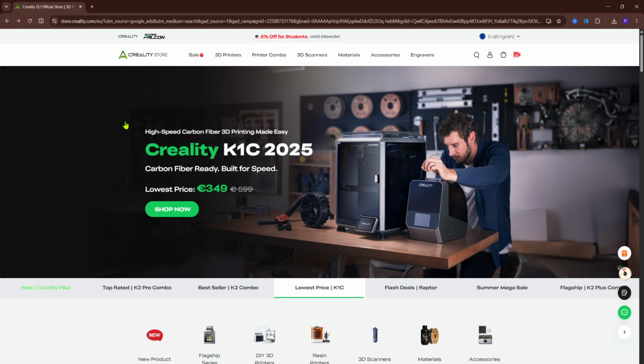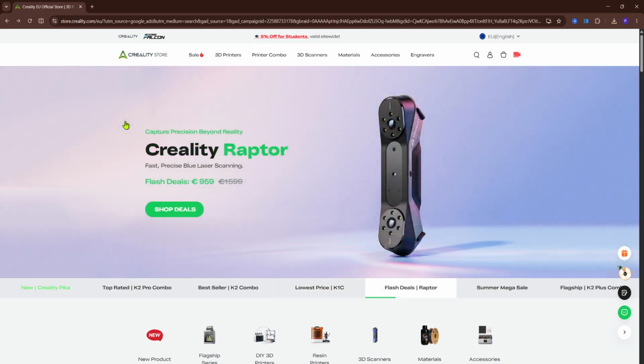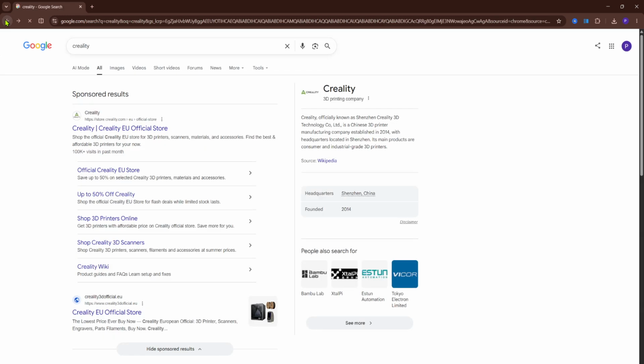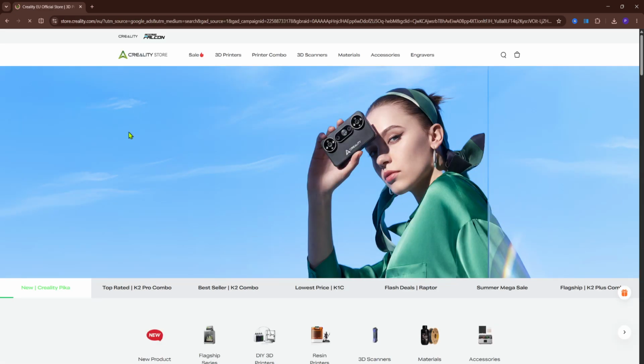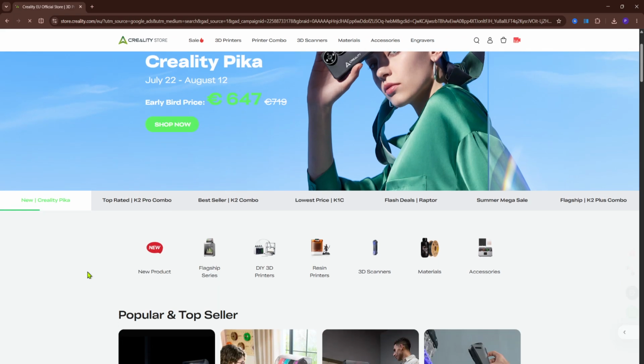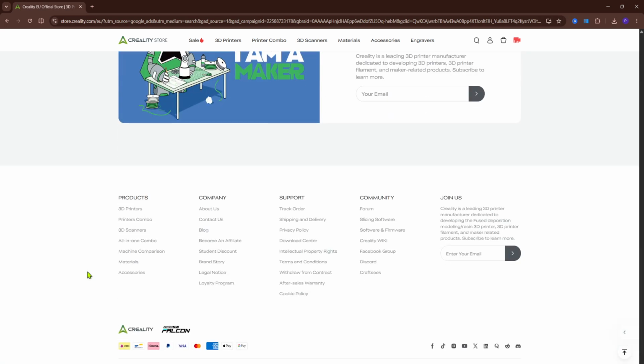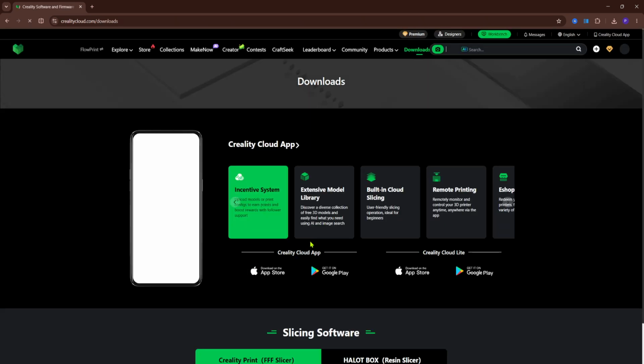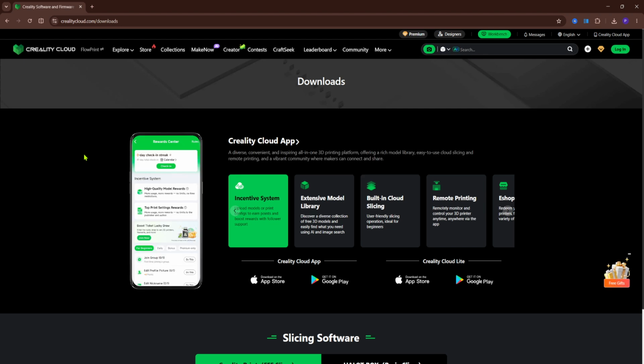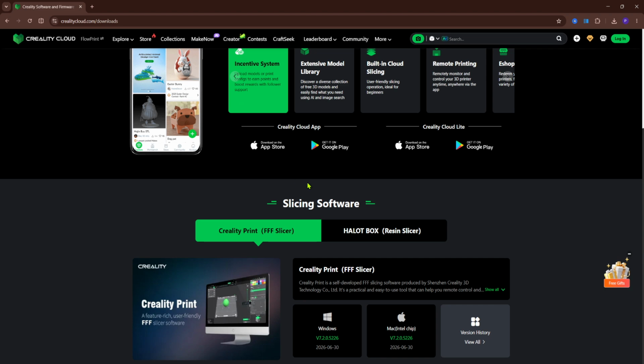Now first what you're going to do is type into Google Creality, and then let's go to the official web page. So this one for me right here. Now what we are going to do is slide all the way down where you will see support, and then click on download center, just like so, and you will be directly redirected to the download section where you will see